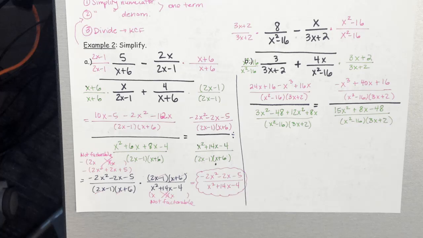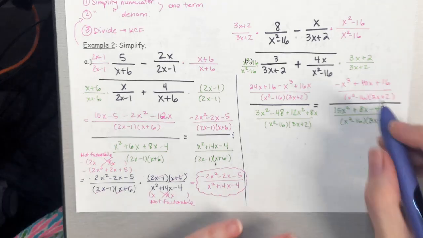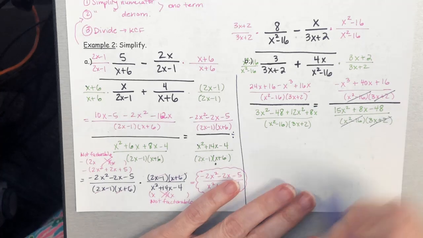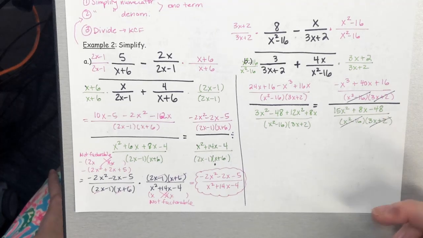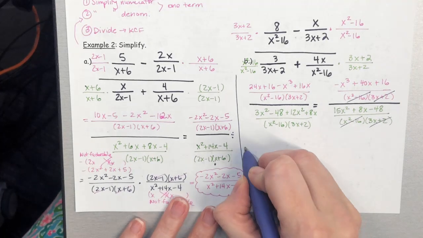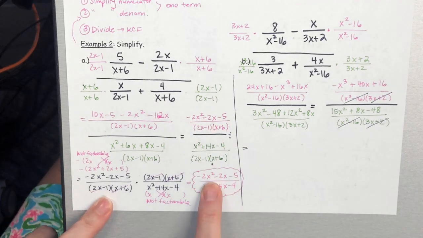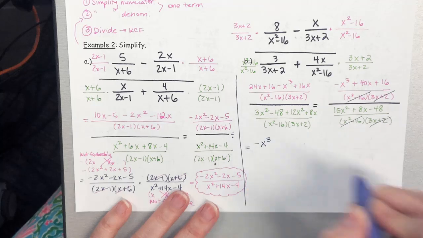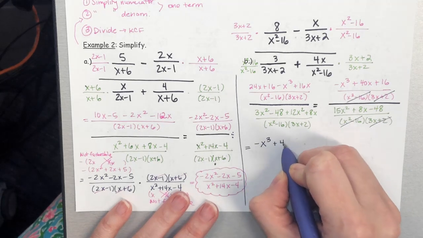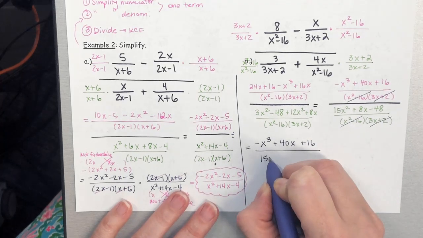Okay, and then like I said for the last one, once you notice that you have the same LCD, you don't necessarily have to write out the keep, change, flip. You can cancel out the denominators here. They do have to be the exact same though, okay? So it has to be both factors. And then once you have that, if you look back here, when we cancel those out, what was on the numerator stayed in the numerator. What was in the denominator stayed in the denominator. So the same thing happens here. We have negative x cubed plus 40x plus 16 divided by 15x squared